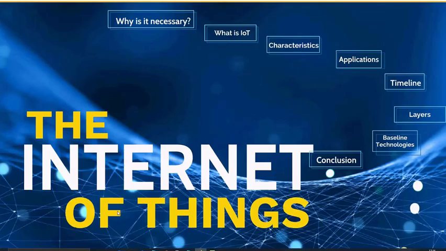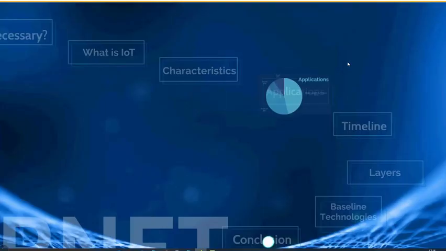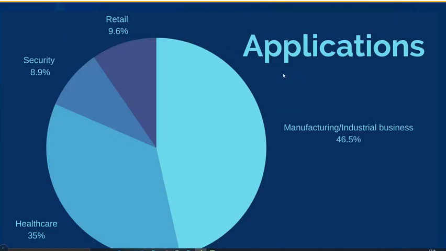In terms of application domains, IoT is attractive in various application domain spheres. For instance, manufacturing, which has the most market share, healthcare, security, and retail. So when we talk about business and manufacturing, we speak about the improvement of the entire supply chain. Second is the healthcare, which covers monitoring, record keeping, and remote treatments. The third is retail sector.